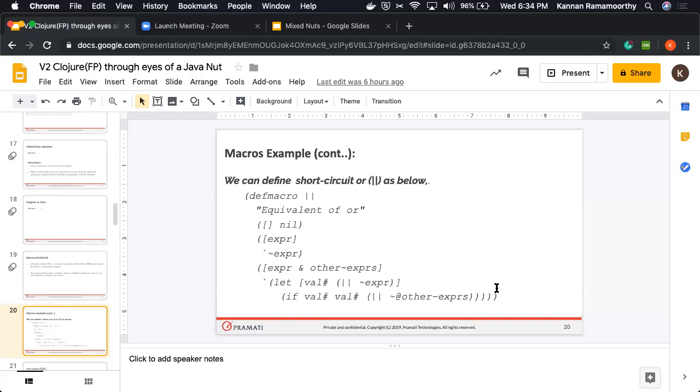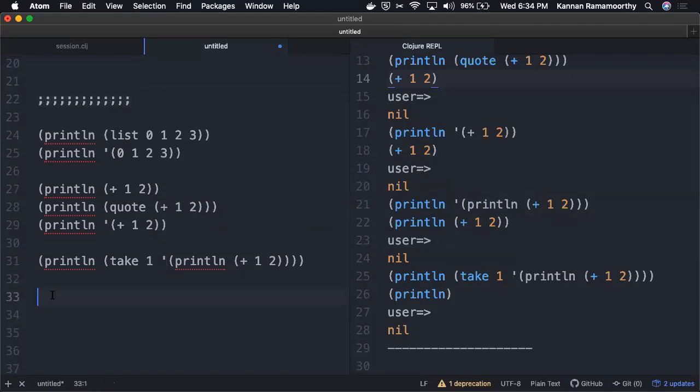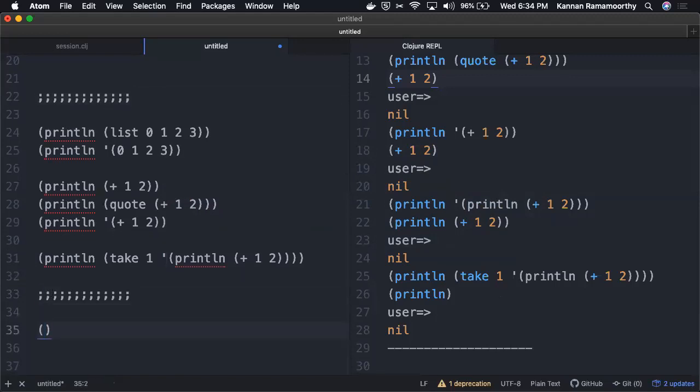So just to give a feel of it, I'm going to define a short circuit OR by myself. You might have wondered in the previous example how operators like or are not special constructs. I told you it's not a special construct because you'll be able to define it by yourself. So I'm initially going to write a few expressions. Before writing the short circuit OR, we'll write the expressions and what the expected output of each is. So I'm going to define this operator.